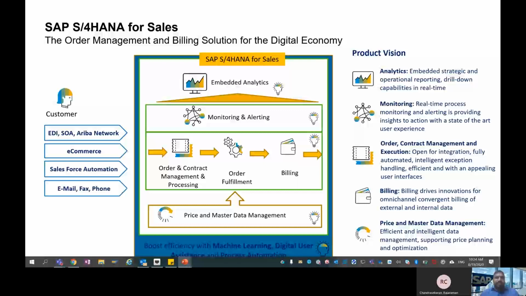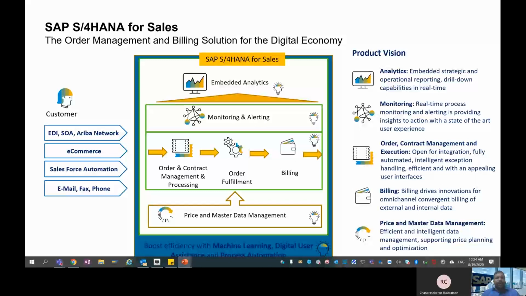Considering the customer requirements, we have enabled the SAP S/4HANA sales solution in the areas of embedded analysis, monitoring, and alerting. Our product vision includes embedded strategic and operational reporting, drill down capabilities in real time analytics, and real-time process monitoring and insights to action with the state-of-the-art Fiori user interface.